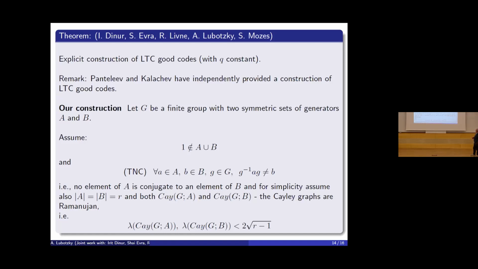And we don't really need it, but let's assume that the sizes of A and B are both equal to r. And let's assume that the Cayley graphs of both of them, I guess everyone in this audience knows what a Cayley graph is. A Cayley graph of a group with respect to a set of generators is a graph whose vertices are the elements of the group, and you connect g with a times g. Both Cayley graphs are Ramanujan, and we have sufficient experience in the construction of Ramanujan graphs that we can